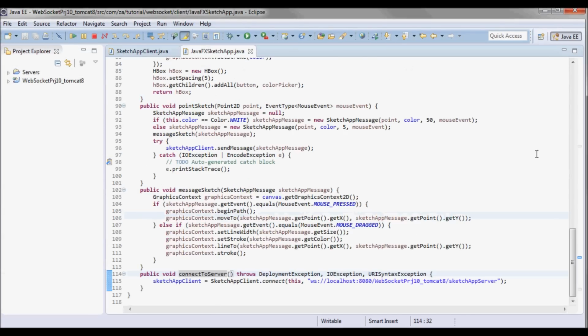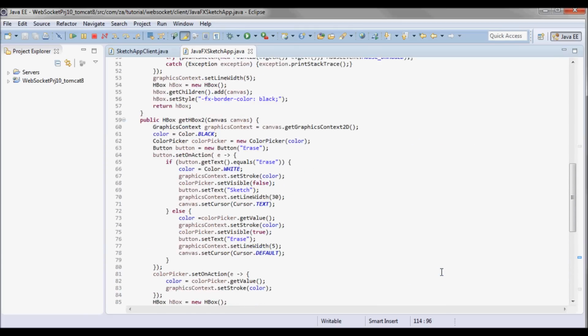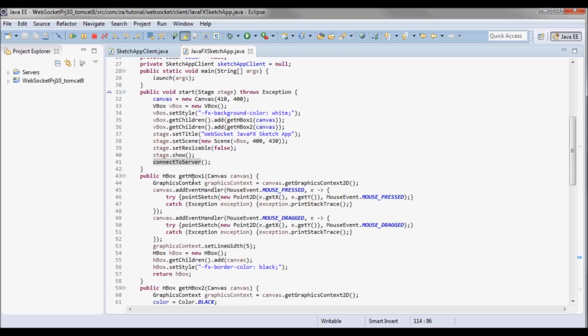And when calling this connect to server method, I want to catch those exceptions and handle them. So for connect to server here, I'll do a try catch block.